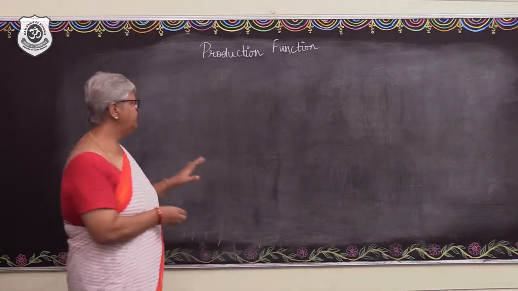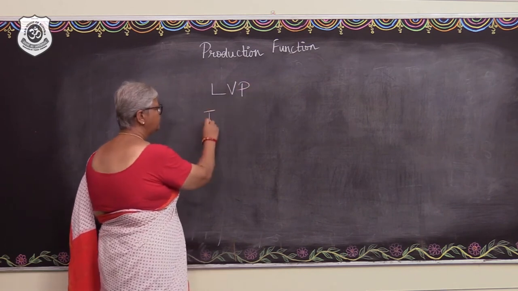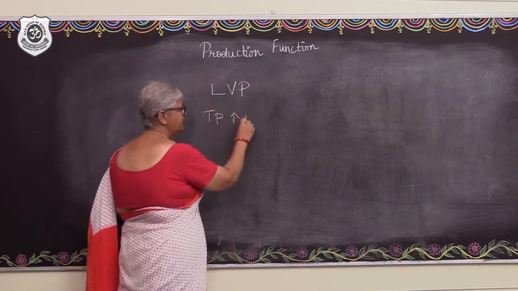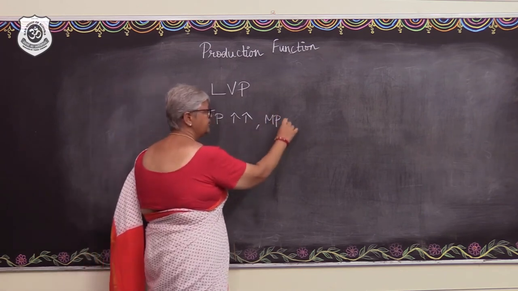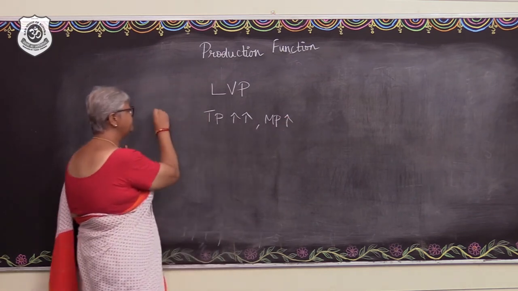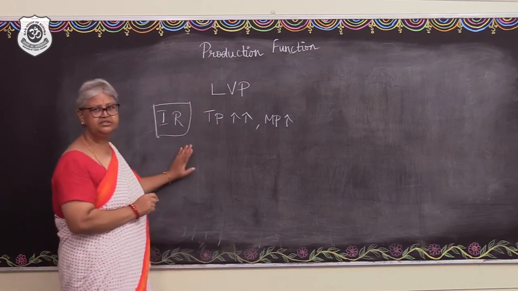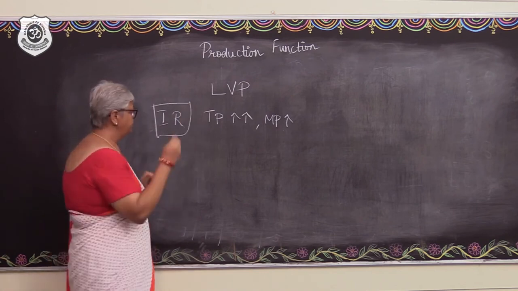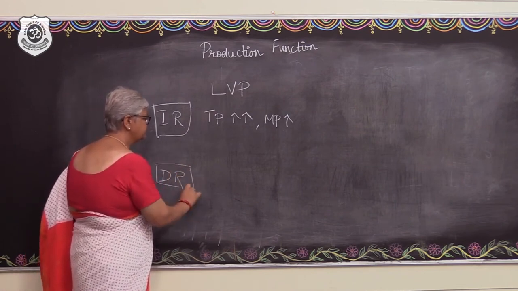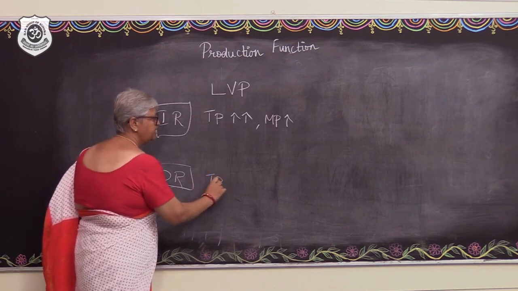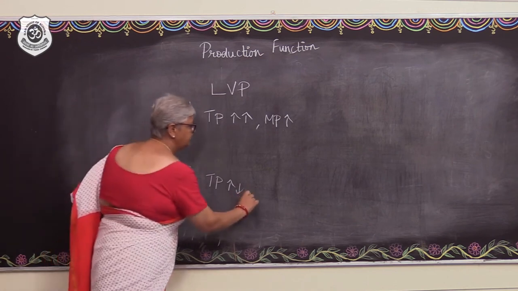So the law of variable proportions, as it is given to you, you have understood that the total product increases at an increasing rate initially, which means that the marginal product increases. That is the phase of increasing returns. And then there is going to be decreasing returns, which marks the TP to be increasing at a decreasing rate, and that would mean that the marginal product